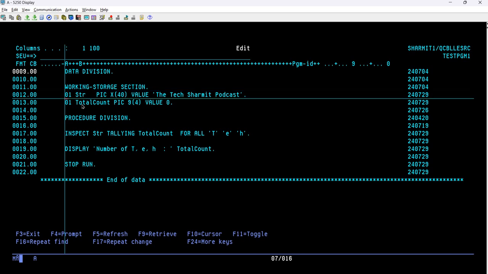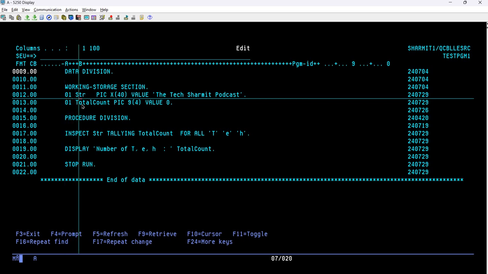Now I'll explain how I am declaring these variables, and also we will understand the requirement of this particular demo program. To declare any variable, we need to specify 5 things. First one is the level number. Now what is the level number? Level number is mainly used to denote the higher data hierarchy. So here we are just denoting the higher data hierarchy.